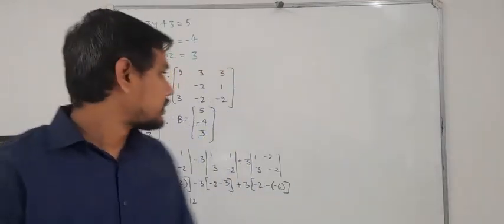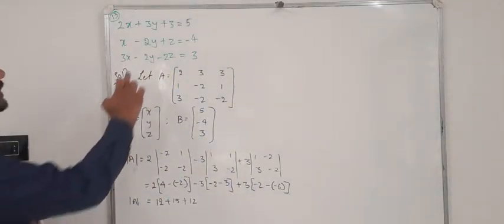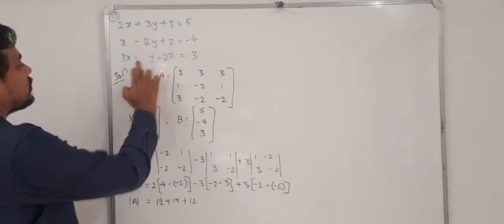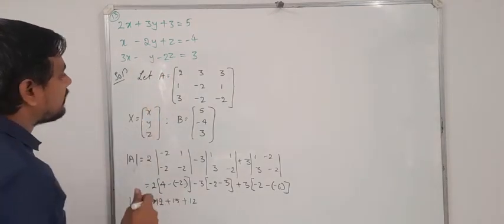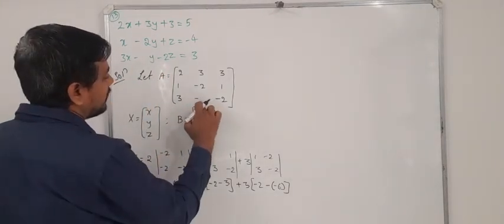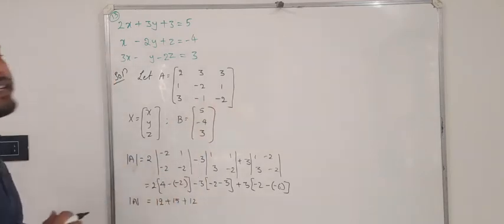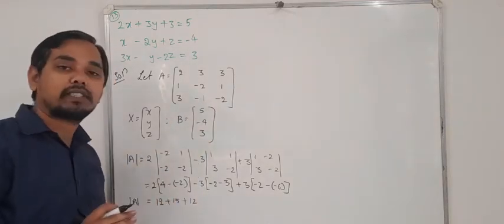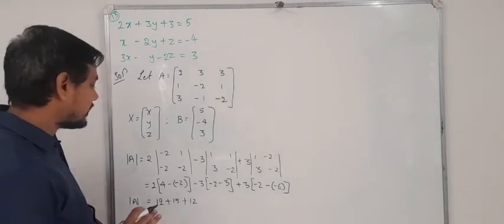Okay, so have you got the answer? Friends, there is a small mistake here. You make this as minus 1, minus y. So minus y means this will be minus 1. In some books it is minus 2y and in some books it is minus y. So what you will get, let's check out.